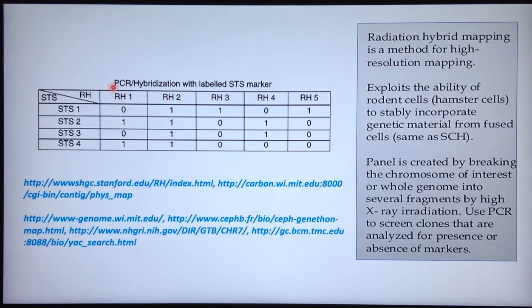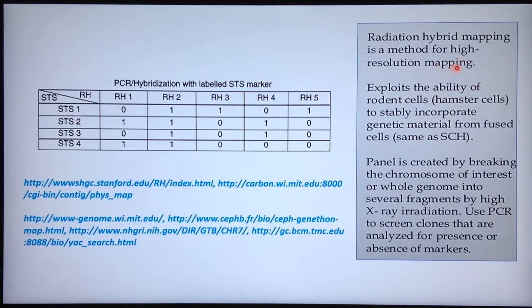Now here we see the same thing, where we are typing these radiation hybrids for STS1. Let's say radiation hybrid 1 gave a negative result, 2 gave positive, 3 gave positive, and 5 gave positive. That means, let's say STS1 belongs to chromosome number 1, so the sequence of chromosome number 1 is represented in these hybrids. For STS2, we would know the chromosomal location, because STSs essentially require sequence information. So typing with these STSs will help us identify which radiation hybrid contains which STS.